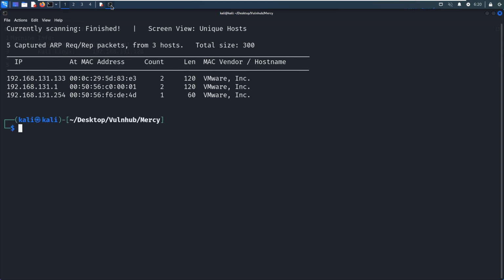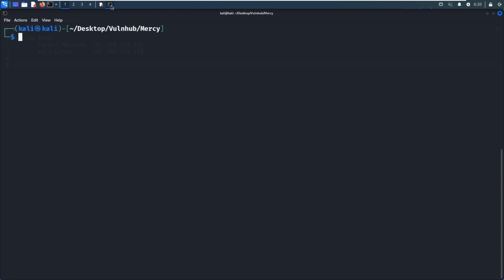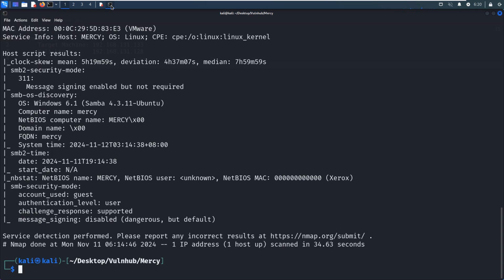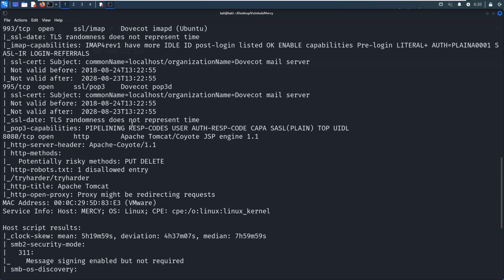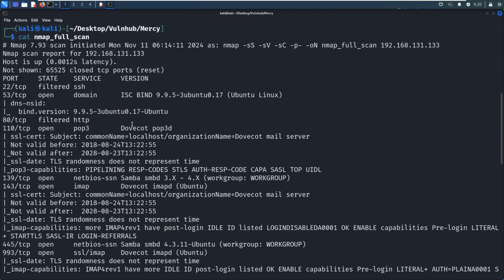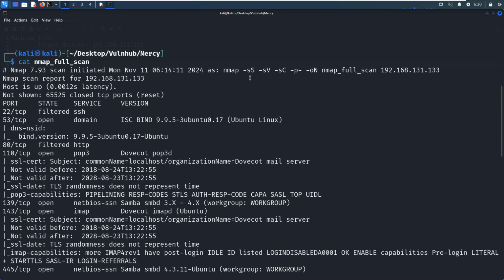So what shall we do next? We need to do the port and service scanning with Nmap. To save time in this video, I've already completed it before. So for now, we just get out its result. As you can see over here, I used options like the SYN scan, the version scan, the default script scan, followed by -p- to do the full range port scan. The last option, -oN, is to output the result into this file.